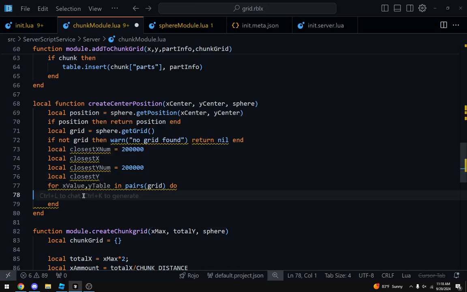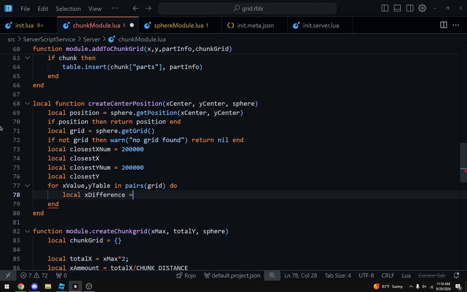Okay. So now we want to check. I'm going to do local x difference equals math.abs. Basically this means we don't care which way.